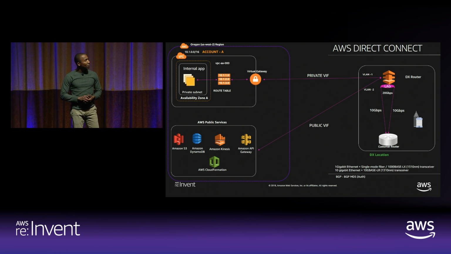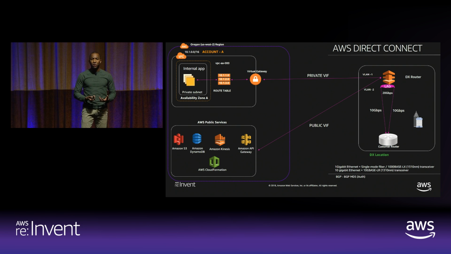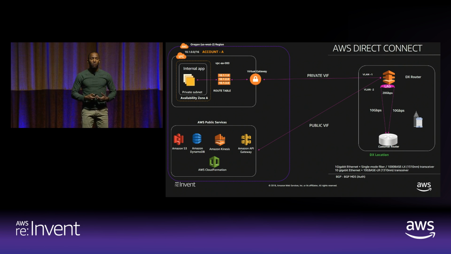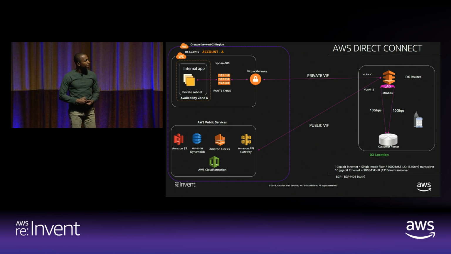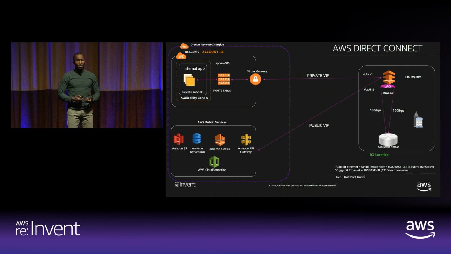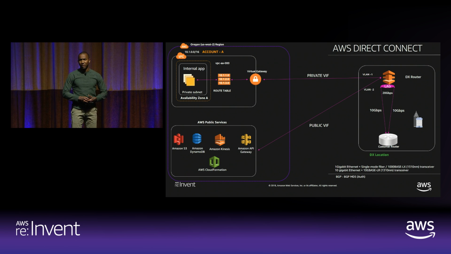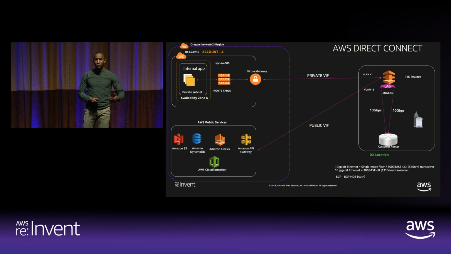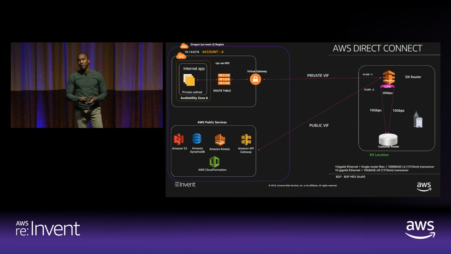One of the new additions that we've done recently is to provide the ability for you to leverage the LACP protocol to create LAG groups, which means that if I have two 10-gig links within the same Direct Connect facility, I can represent that as a single interface of 20 gigabit per second by leveraging LACP.